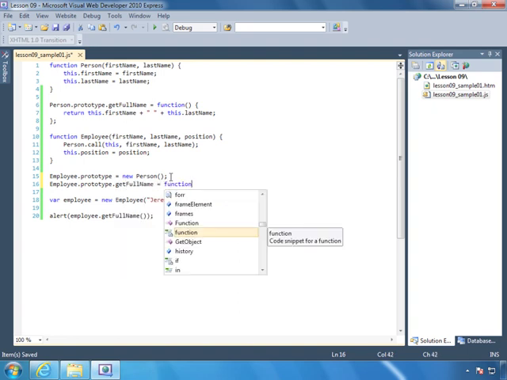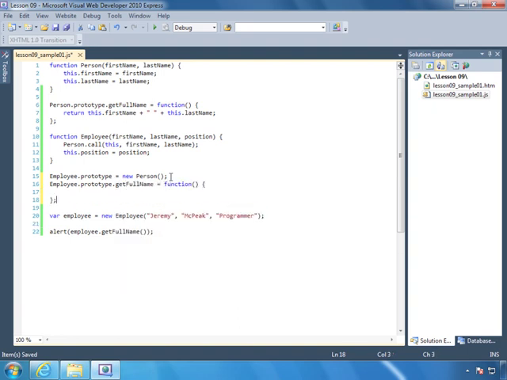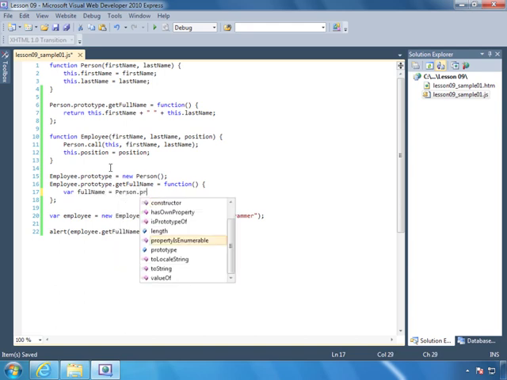So we are essentially creating a new getFullName method here. And we want to use the value from calling getFullName here. So the first thing that we'll do is create a variable called fullName, and we will set it to